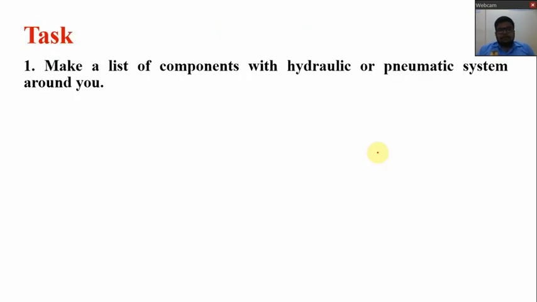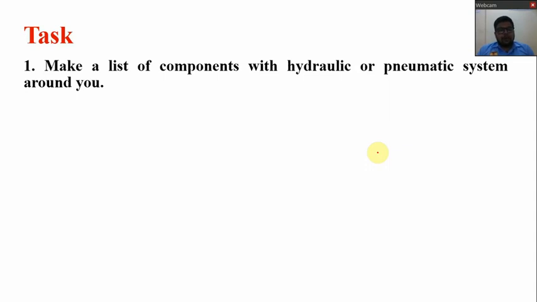So in this video we just went through the overview of the syllabus of the subject OHP, and based on that we have to write down only one question as a task. Make a list of components with a hydraulic or pneumatic system around you. There are many systems around you.